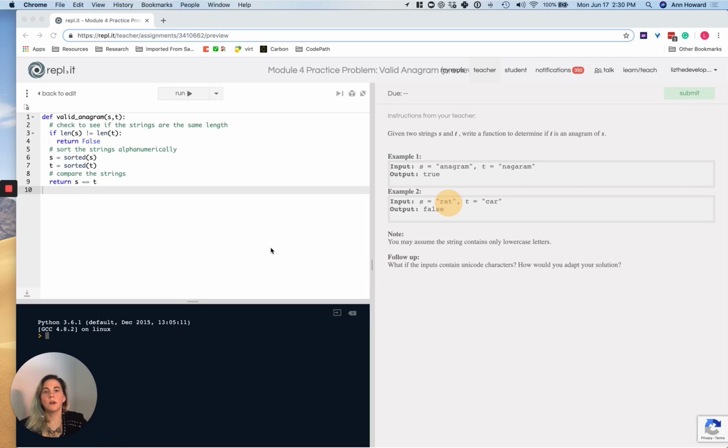Okay, so in our last video, we solved this problem, and in this video, we're going to go over the code to make sure that we can articulate the space and time complexity. Okay, so in terms of time complexity, the input here, how do we identify the input? Well, it's basically the length of one of the strings or the length of both strings if they're the same